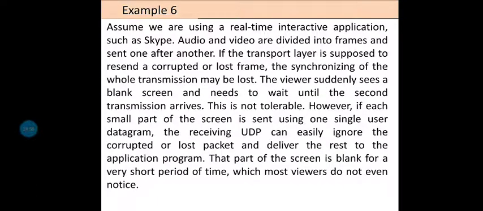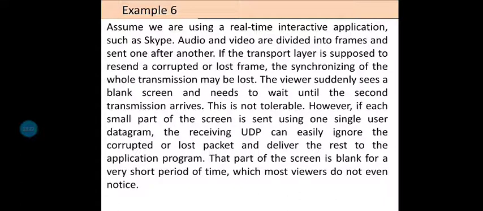Let us consider another scenario relating to the UDP application. Assume we are using a real-time interactive application such as Skype. Audio and video are divided into frames and sent one after another. If the transport layer is supposed to resend a corrupted or lost frame, the synchronizing of the whole transmission may be lost.